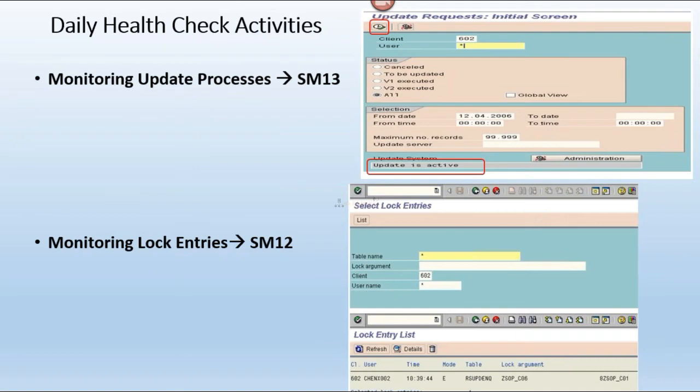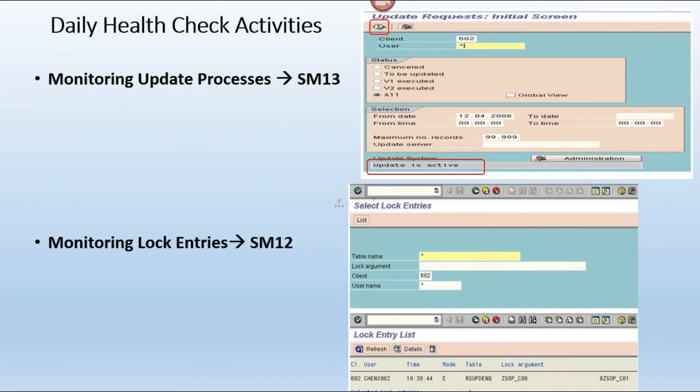If it is a dialog process that is running, what does that mean? We need to check which dialog work process is running and what the status of my dialog process is, whether it is running or on hold or something. And what it is currently utilizing, what it is currently accessing, whether it is running records or updating records, what T code it is executing, which program it is executing. Based on that, we can contact the user via email or phone or something.